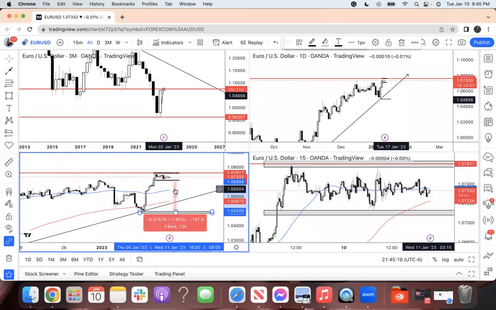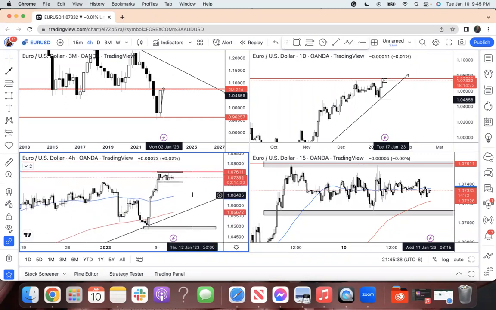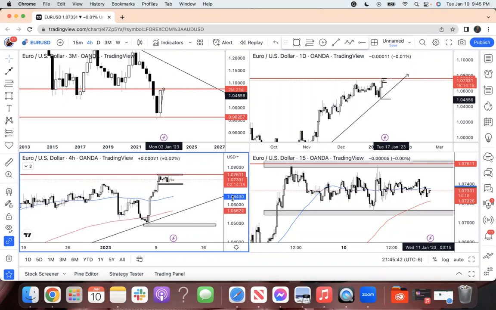pips. And so you don't have to try to get or hold for the entire 193 pip range or 97 pip range or whatever the range is. You want to maybe only try to get 30 pips or whatever makes sense for your risk to reward ratio. So let's talk about